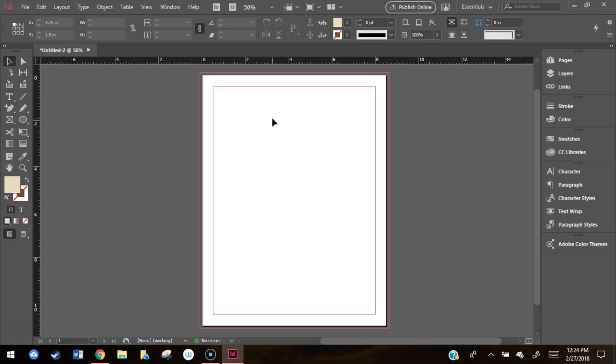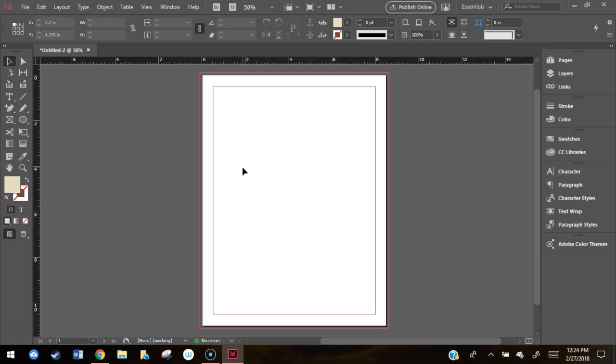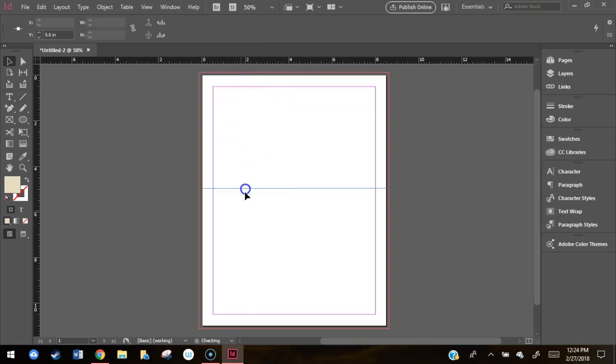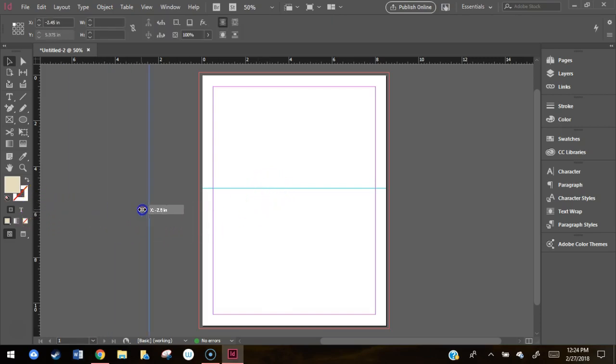rulers. And if you don't have rulers like this, all you have to do is press Control and R, and that will pull up your rulers. And you can click and drag, and that will create a guide. And there are these light blue cyan lines, and you can do that both from the side and from the